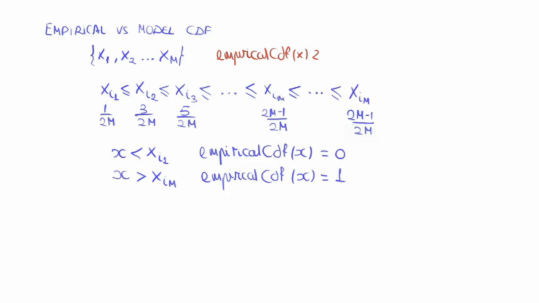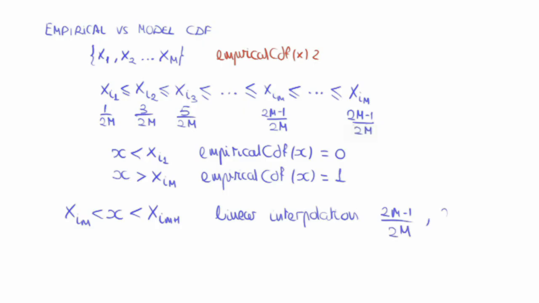For x that is neither a sample value nor smaller than the minimum or larger than the maximum, so that x is between two sample values, we're going to do a linear interpolation between the corresponding values of the empirical CDF estimate for this point and for this point of the sample. This would be 2m minus 1 over 2m and 2m plus 1 over 2m, respectively. If we write the formula for the linear interpolation, we get